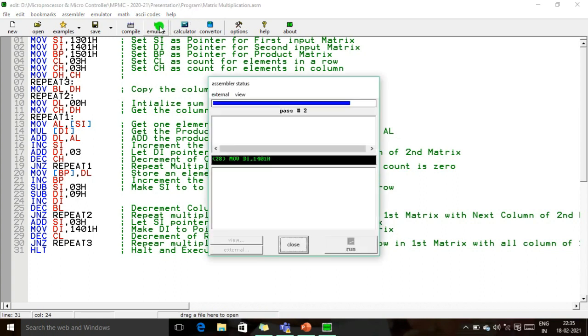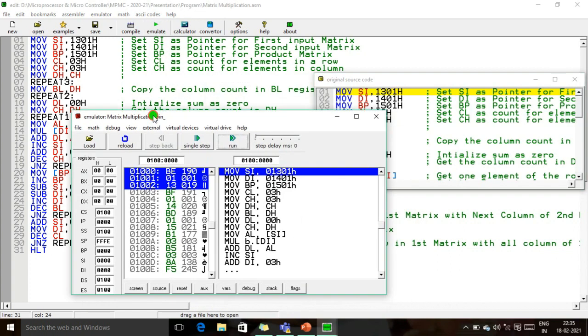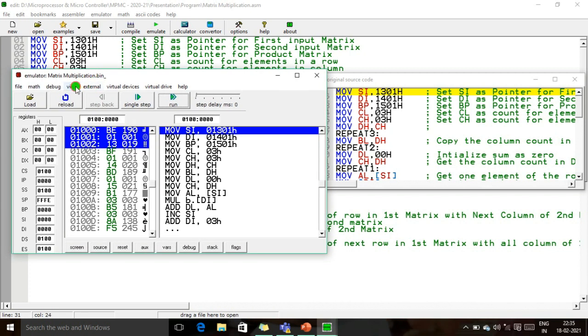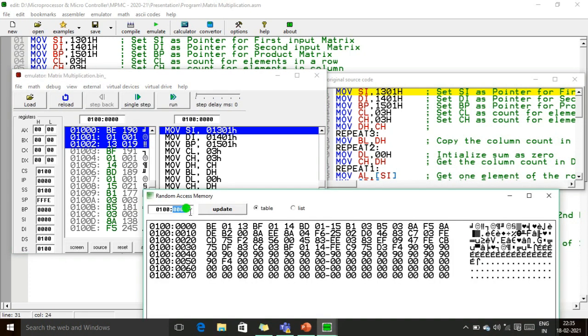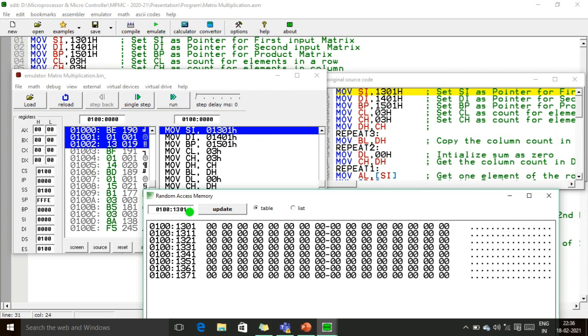Okay, emulate this program. This is the emulation. Now I am going to load this data into the 1301 memory location. This is the first matrix. The first element is 01, second 01, third 01, fourth 02, 02, 02, 03, 03 and 03.